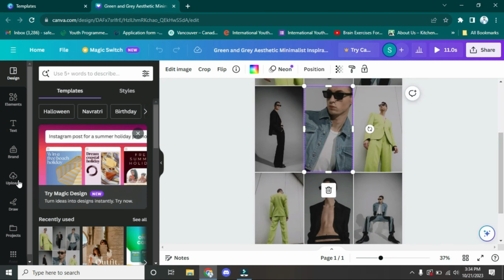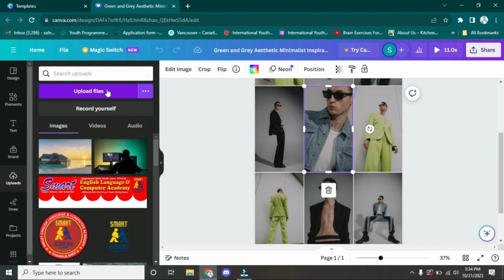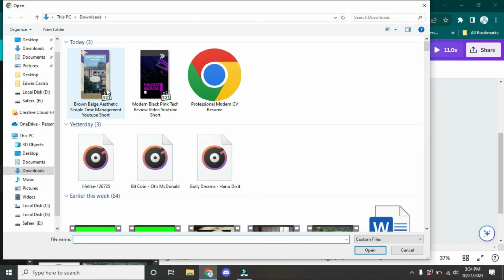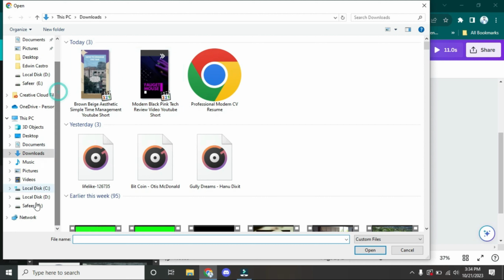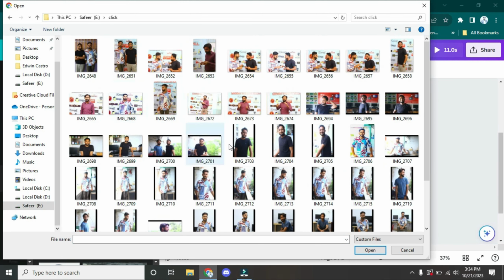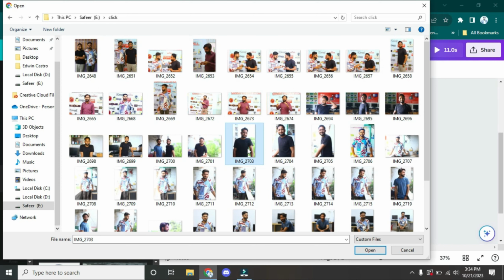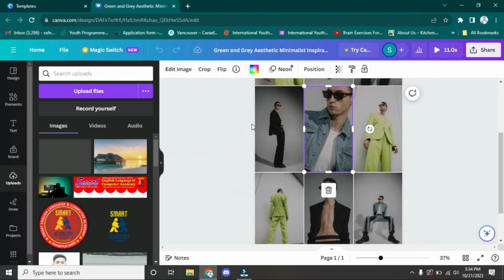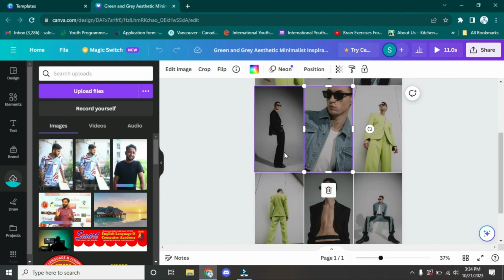that. Simply you have to go to the upload. After going to the upload, you have to click on upload and now you have to select the pictures you want to be uploaded. For example, I'm going to go in this one. After going in this one, I'm going to use this and this. I'm going to use these 4 pictures and I'm going to change a few pictures as we can see in the